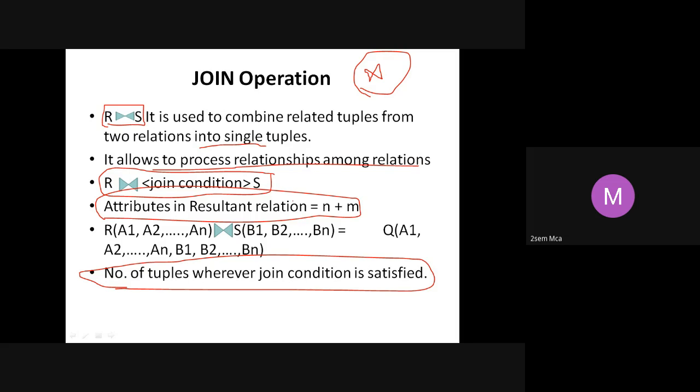In the join, all the attributes will come. All the attributes of the first table and the attributes of our second table, as we saw in Cartesian product. But there, all possible combinations of tuples came in case of Cartesian product. Here it will not come because you are trying to specify a join condition. Since you are given a condition, wherever the condition is satisfied, only those tuples will be part of your result. The other tuples will not come as part of your result.